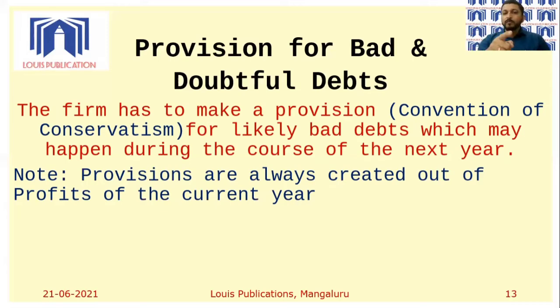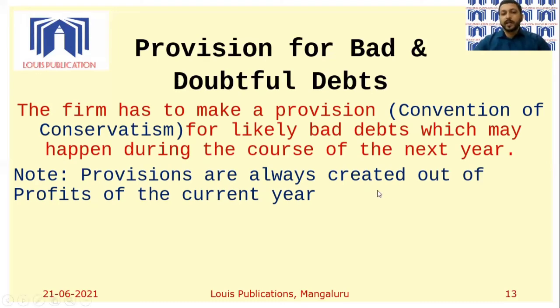But when I make a provision for doubtful debts, I know for what purpose I'm making a provision. When I say provision for taxation, I use the word provision. I don't say reserve for taxation because I know very clearly why I am providing. All provisions are made out of profits for a known liability. Reserves are something set aside to meet an unknown liability, which the business is not clear about right now. So provision is the word that is used, and all provisions are created out of profits.